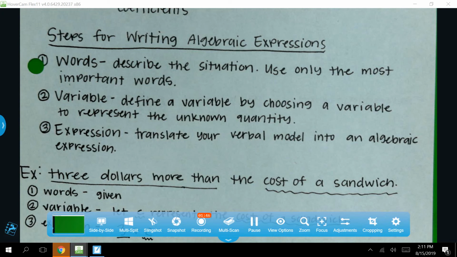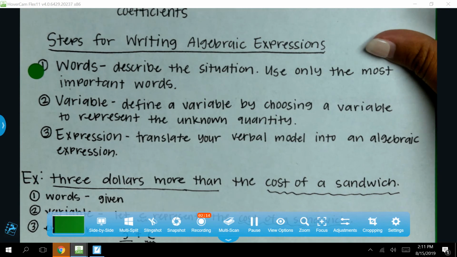So if they are talking about the cost of shoes, you don't know how much those shoes cost. They're just telling you that there is a cost. So you're going to use a variable for that because you don't know the exact value. And then once you find your variable, you're simply going to write your expression using the important pieces plus your variable. So if you look at that first example,